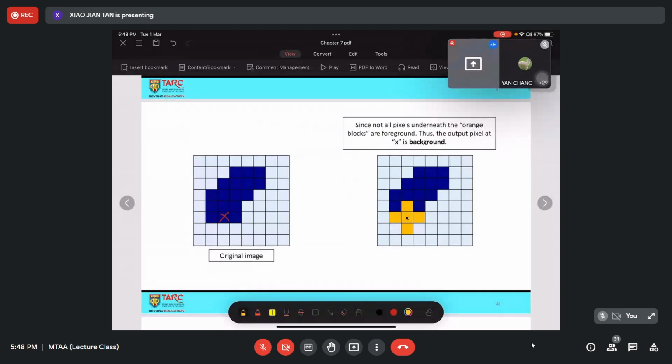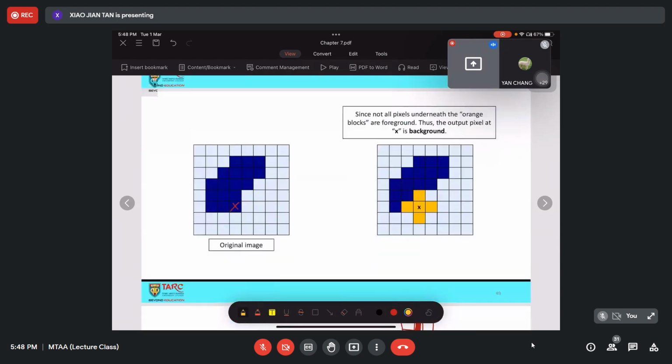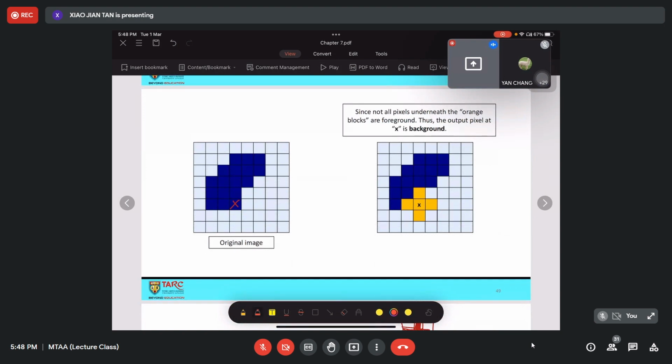Anyhow, this cross sign is a simple structure element with origin at the center. You can also see this as a rectangle like this one, just that the pixels over here are blank pixels, which means zero, nothing.